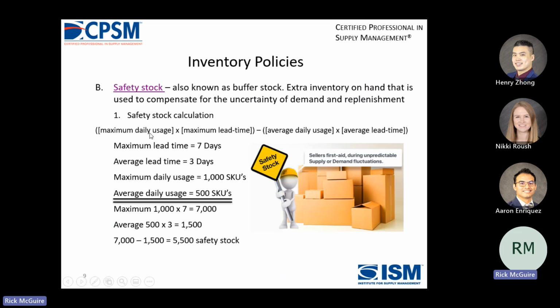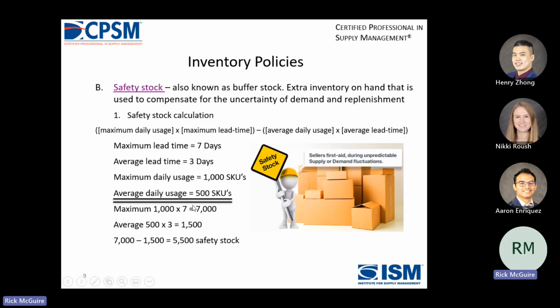So maximum daily usage, how many pieces you use a day, times maximum lead time. Lead time can vary between 3 and 5 days, so you'd use 5 there, minus the average daily usage. So if the maximum daily usage is 500 and the average may be 400, times the average lead time, which may be 3.5 days. So if we've got a maximum lead time of 7, an average lead time of 3, and a maximum daily usage of 1,000 and an average of 500,